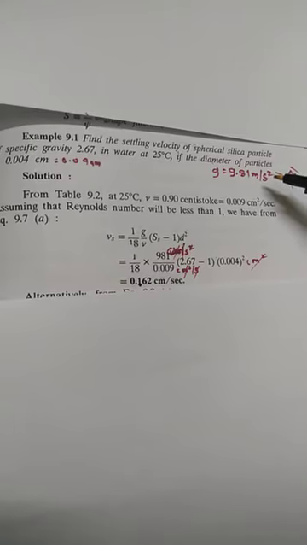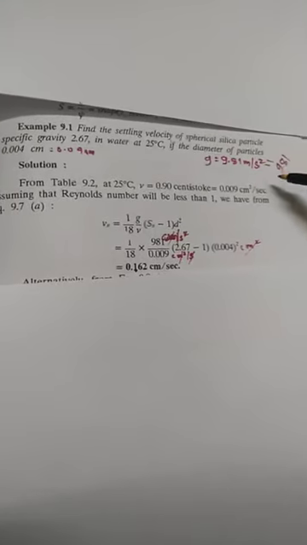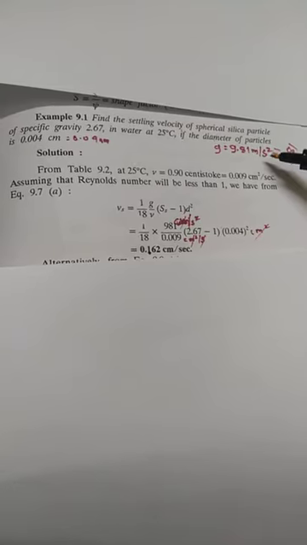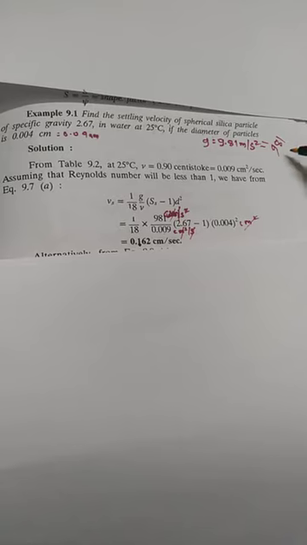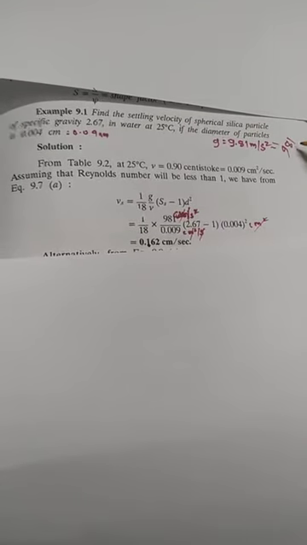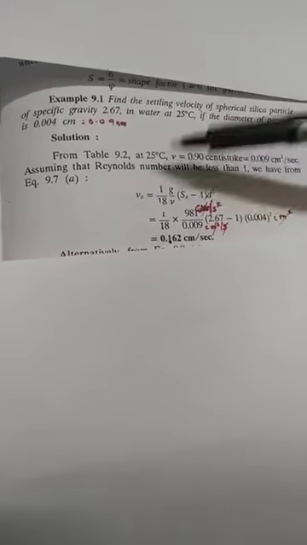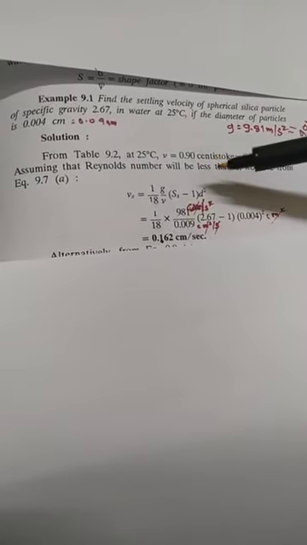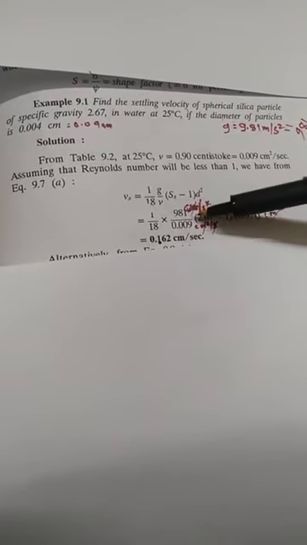Now the other values are in terms of centimeter, so to convert it into centimeter we multiply by 100, because 1 meter is equal to 100 centimeters. If we multiply this by 100, the value we get is 981 centimeter per second square. We are going to substitute this value in the formula. What is that formula? Vs is equal to 1 divided by 18 into g, multiplied by (Ss minus 1) into d square. Now g is how much? 1 by 18, g is 981.